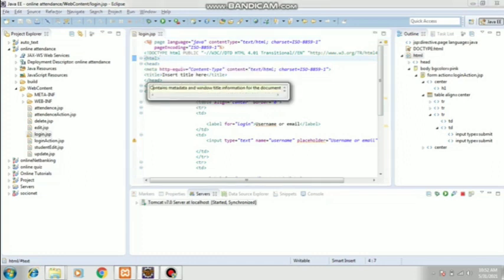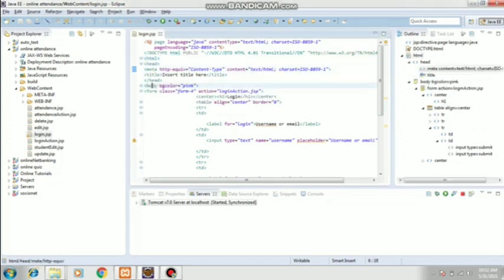You must have the body tag, and you must have the form tag. These things you are going to learn in your web programming subject, so understand that subject very carefully. Until you understand that subject, you cannot develop any project in any web based environment. You must have a knowledge of web programming. In companies also, they are going to expect the same thing from you.